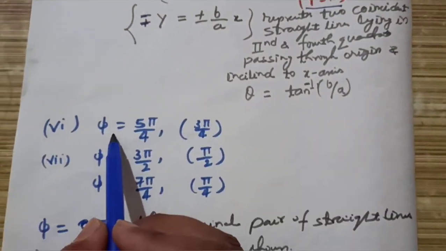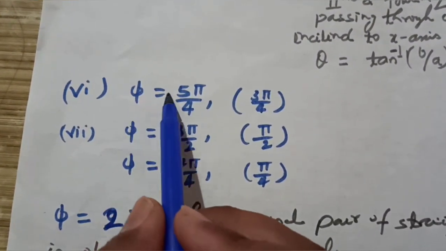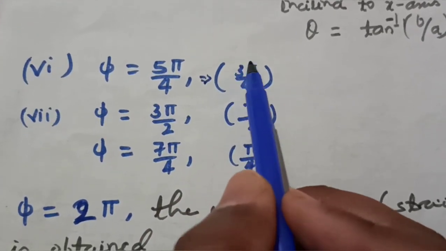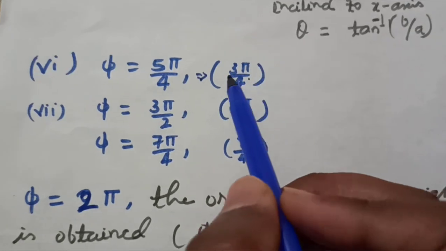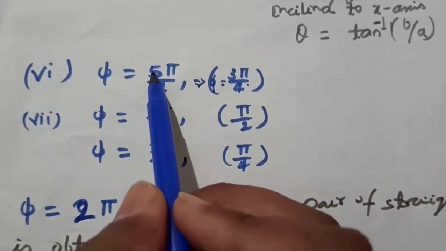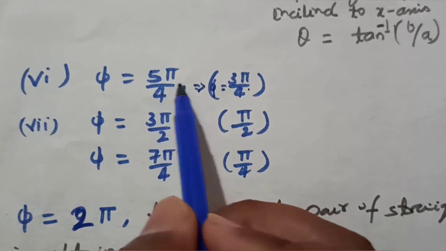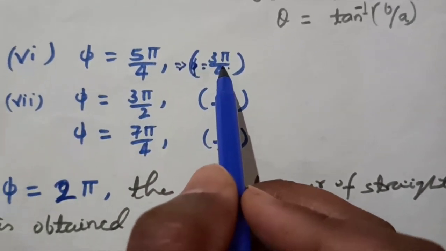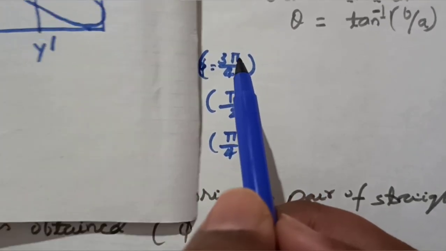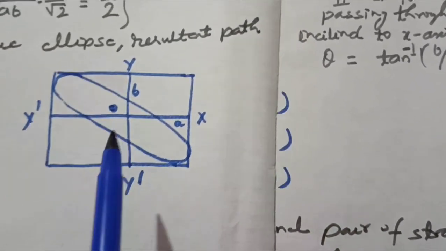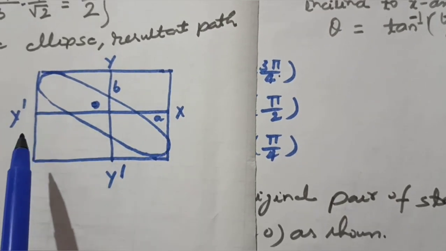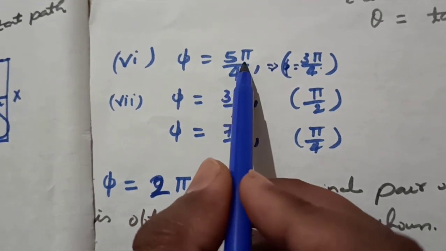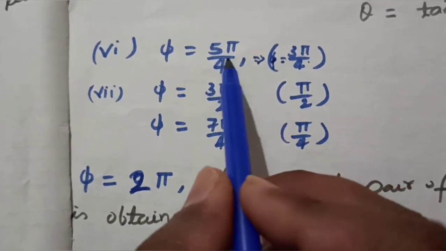Now if we discuss some other cases, phi is 5 pi by 4. So you will obtain the same diagram that was obtained for the case when phi was 3 pi by 4. So for 5 pi by 4, the diagram will be the same as for 3 pi by 4 here. You can just see this, you will obtain this same diagram, and it is mentioned here. This is the diagram for 3 pi by 4, and you will obtain the same diagram for 5 pi by 4 when you discuss this case.